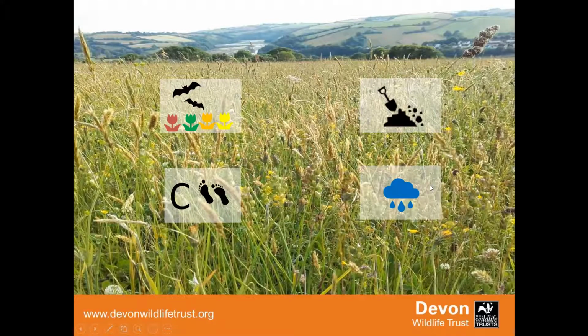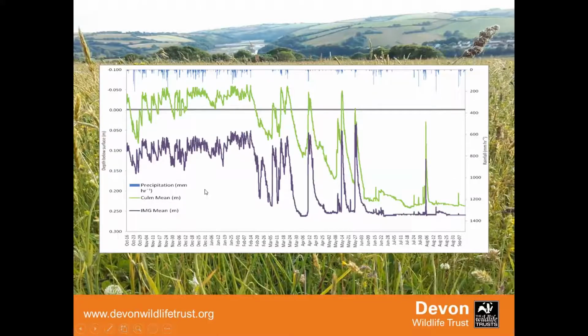Also, they have the ability to filter water and to store water. A piece of work a colleague did on the North Devon Nature Improvement Area, looking at culm grassland, produced this graph, which shows in the green line the amount of water that species-rich culm grassland stores through rainfall events, as compared on the purple line with improved pasture. And quite clearly, there's a significant difference in the storage capacity of the grassland there. When we're looking at increased flooding, increased rainfall, the flashier events coming forwards, that's going to be really critical.